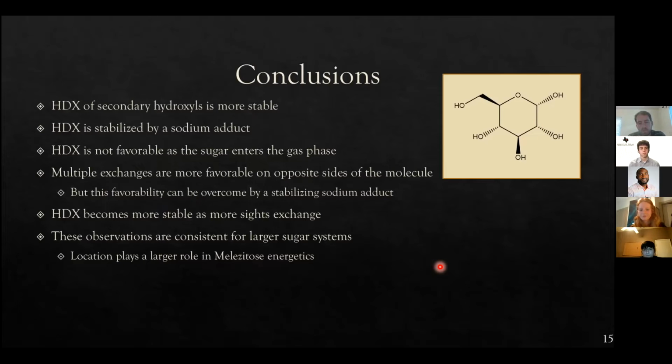So I realize that you're only using sodium here, but what would you say about using other adducts to provide further confirmation, corroborating changes in your calculations with changes in your mass spectrometry experiments? Would that be reasonable? Yeah, that's something that's been suggested. There's always room for further study, for sure. Yeah, perfect. All right, thank you.